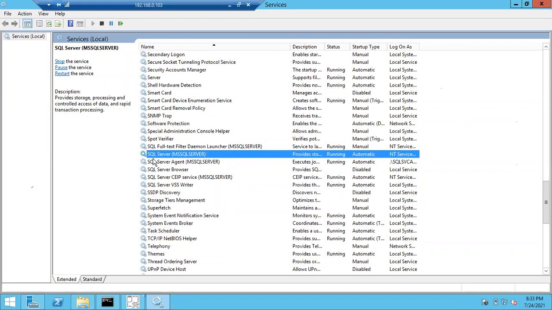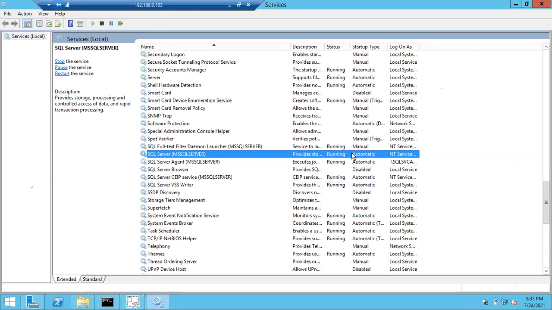You cannot see any other extension here for SQL Full-text Filter, SQL Server Agent, SQL Server Browser, CEIP service. So guys, if your SQL Server is not working properly, make sure this service is running or not. If you are unable to connect to your SQL Server, this may be a reason.